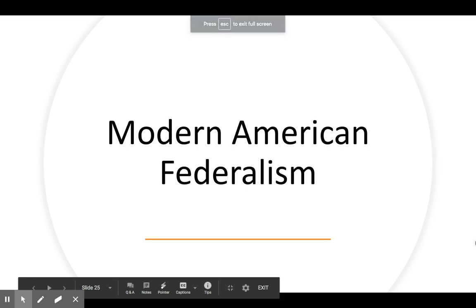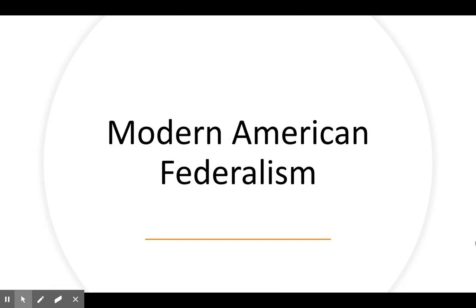Right, so in our last lesson, we talked a little bit about how federalism had evolved over time. Before the Great Depression, it was more a model of dual federalism, where both the federal government and the state government worked in its own sphere with its own powers. Then after the Great Depression, when the federal government had to step in and help the states in terms of